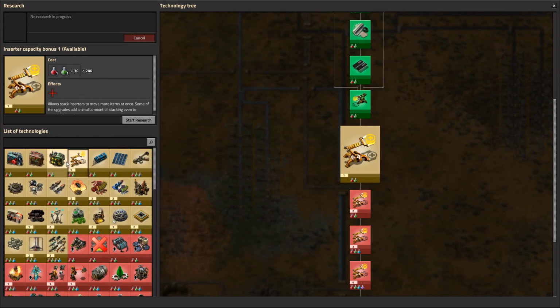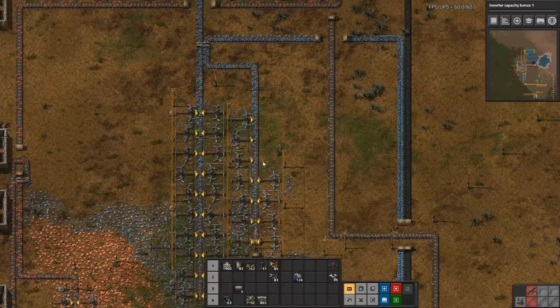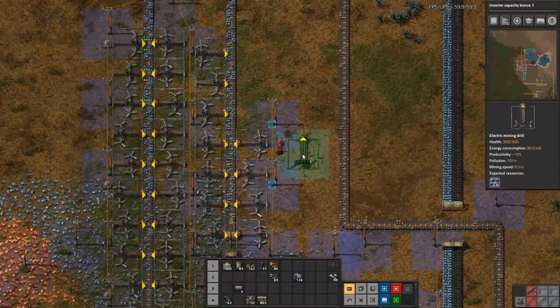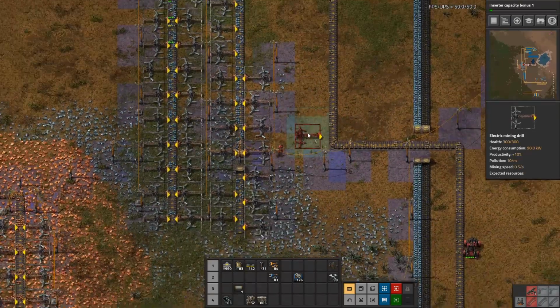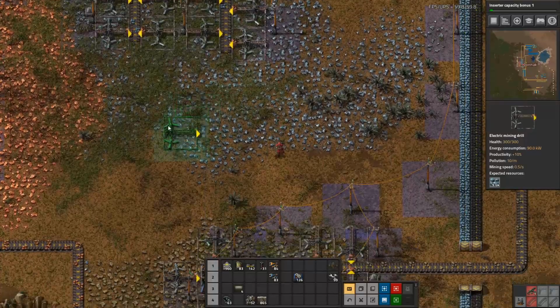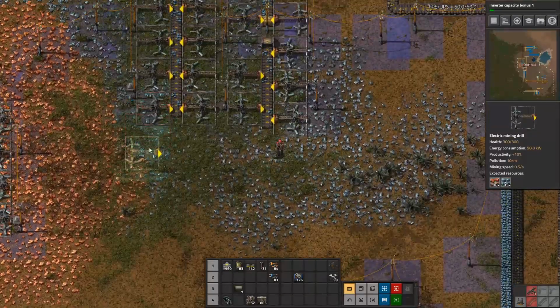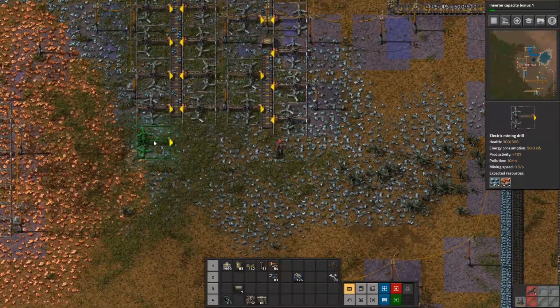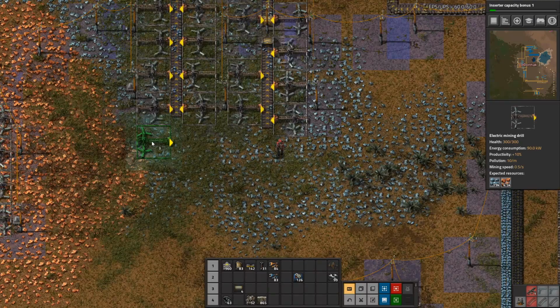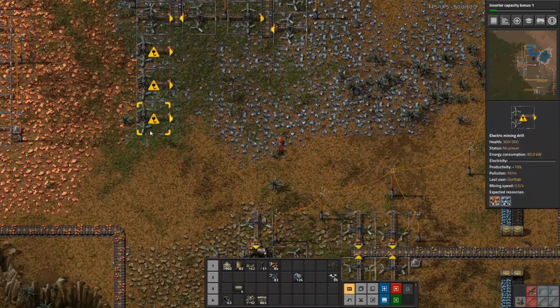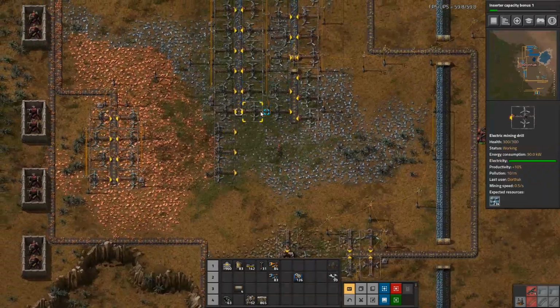Let's grab inserter capacity bonus. This doesn't help us right now because it only affects stack inserter capacity, but the next one will. So let's build some more mining. Now, one problem we're going to run into over here is that this miner, if you look over on the right, will pick up both iron and copper ore. That's just something we're going to have to deal with. And we need more